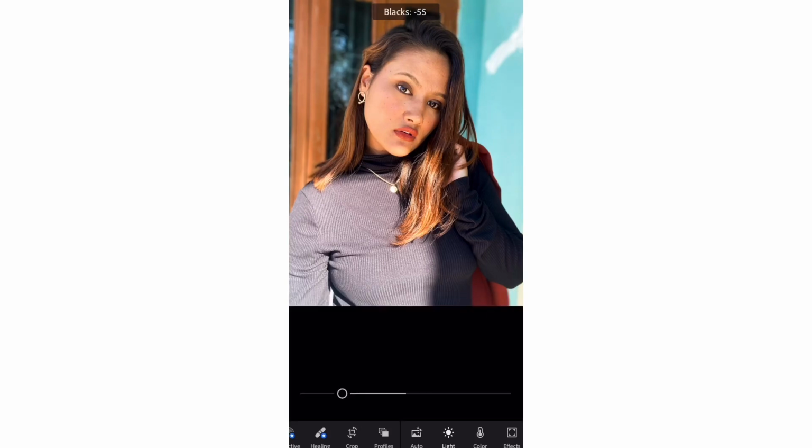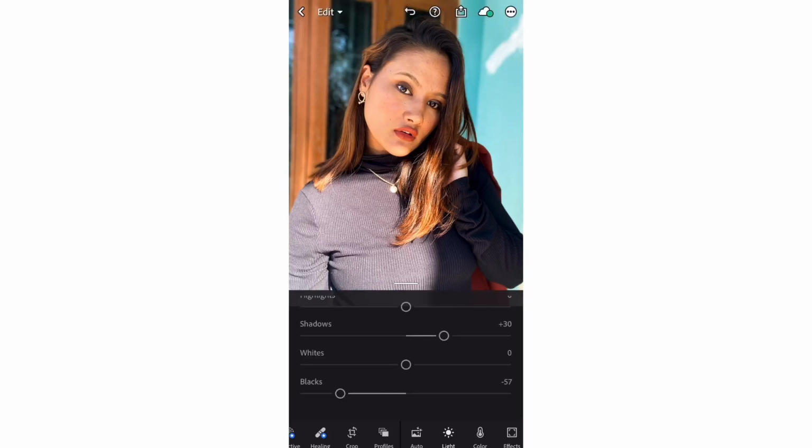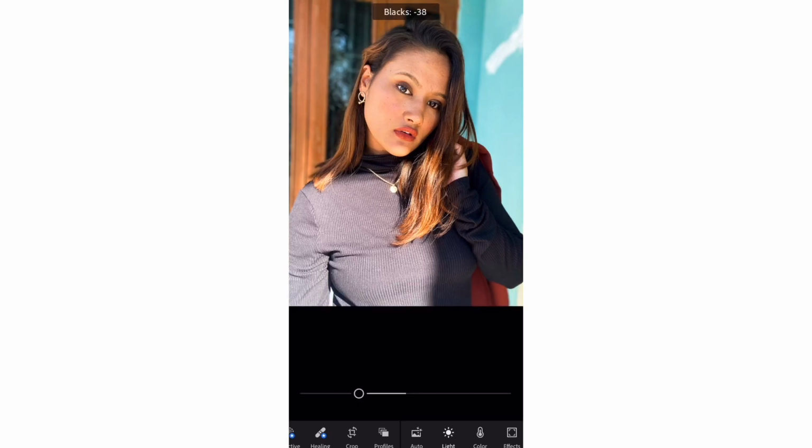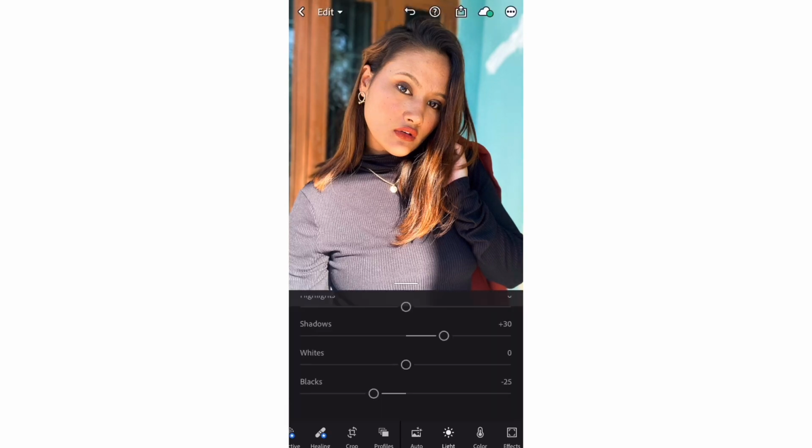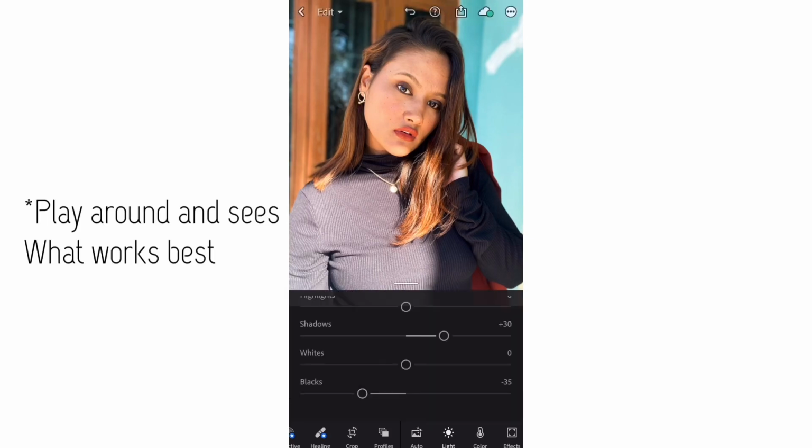But as I try to increase the blackness, it really does not make any sense. But when I decrease it, it makes sense. So I will do that, and I will keep it at -34. Actually that's the thing, we have to play around with all the functions and see what works best for our